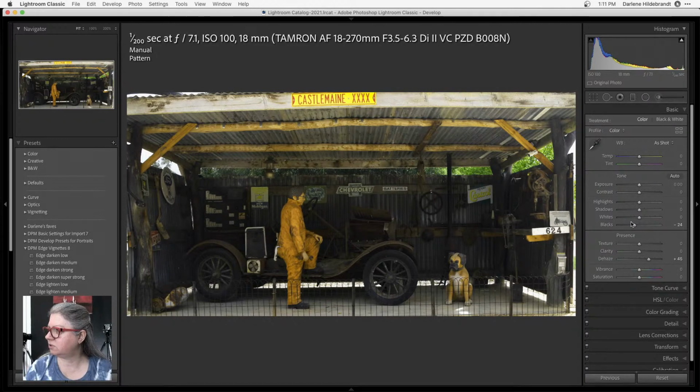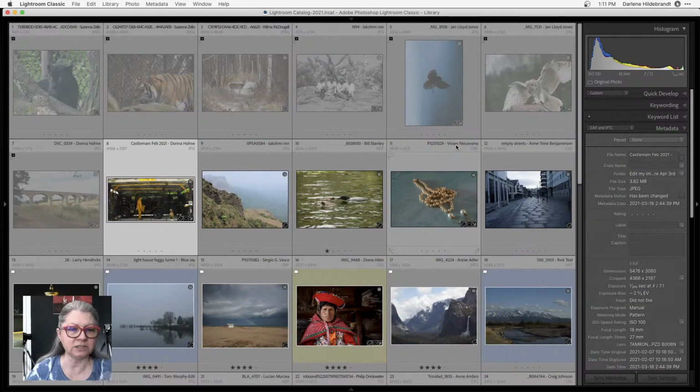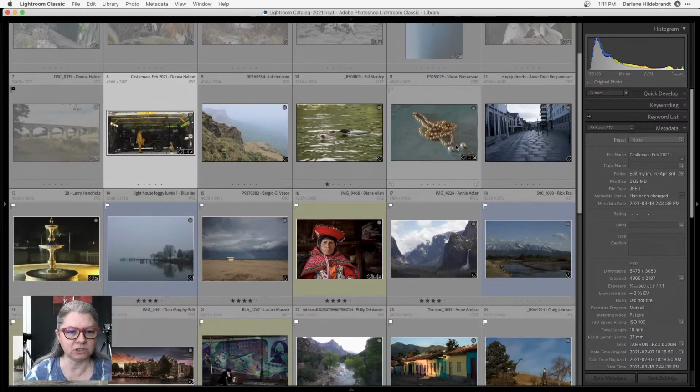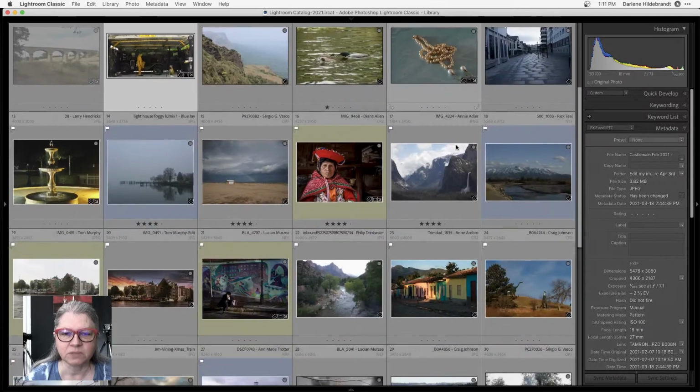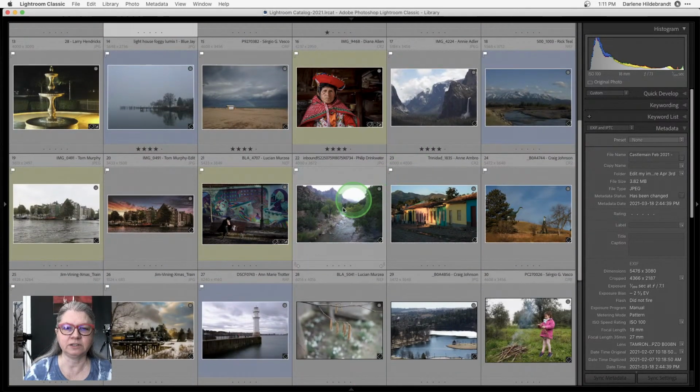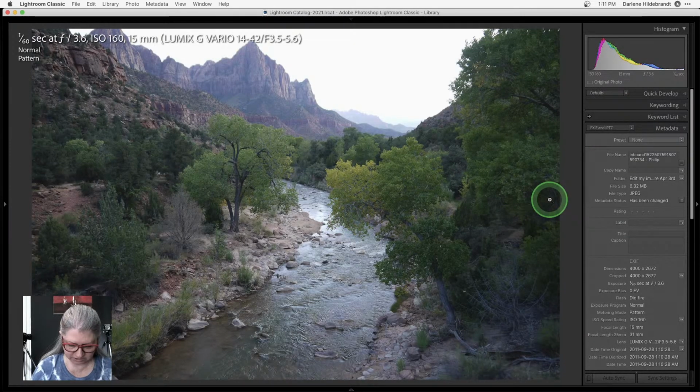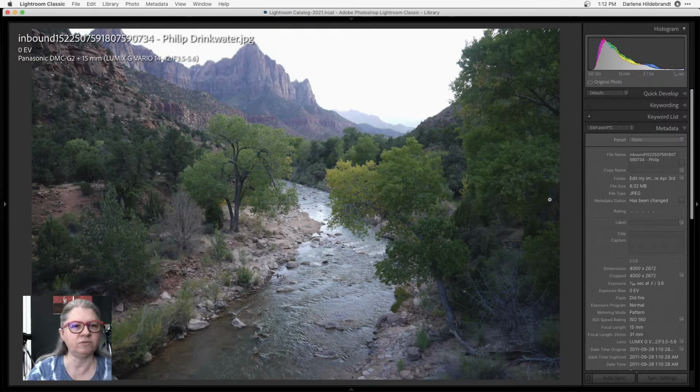Okay, I am going to go into Phil's image here because I know he said he can't stay real long, so I want to make sure we get to his because he's got a fun image for me to work on. So I'm just going to skip ahead to Phil's, and I'm actually going to do his in Luminar. Okay, so this is your image, Phil. Are you ready for it?